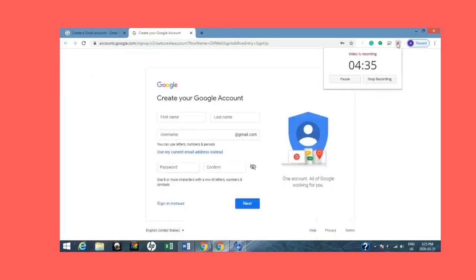Okay, so it says Google, create your Google account. So this is where we were talking about your professional account. So you have to pick a professional username, and this is where you get to do that. So I'm going to put my first name and my last name in, and then my username I have to pick a professional one. So I'm just going to put my first and last name in again and see if it will give me that username. For your password,